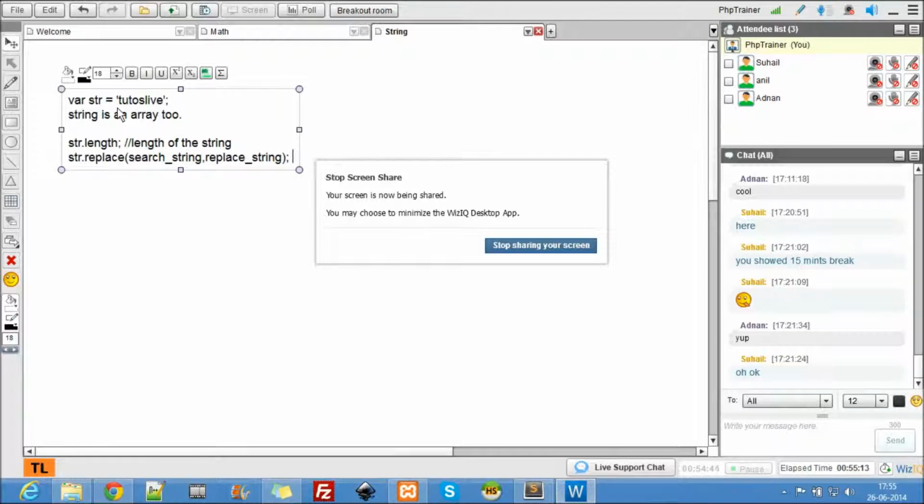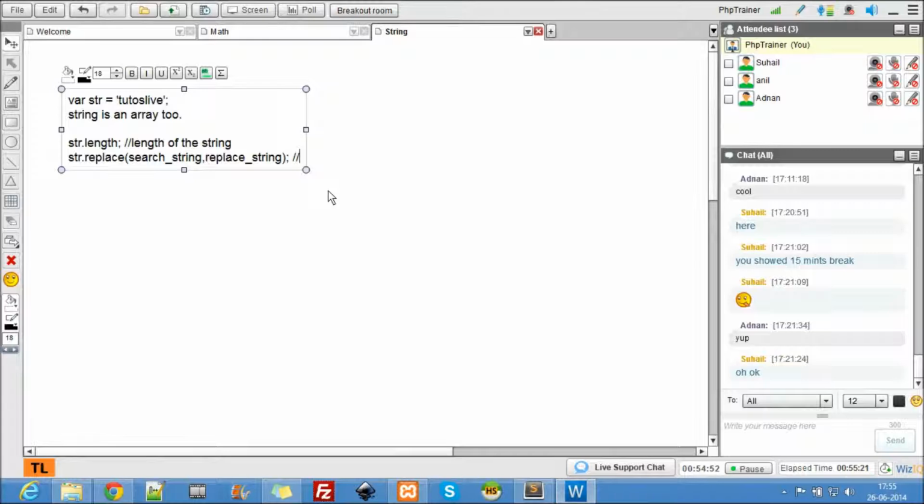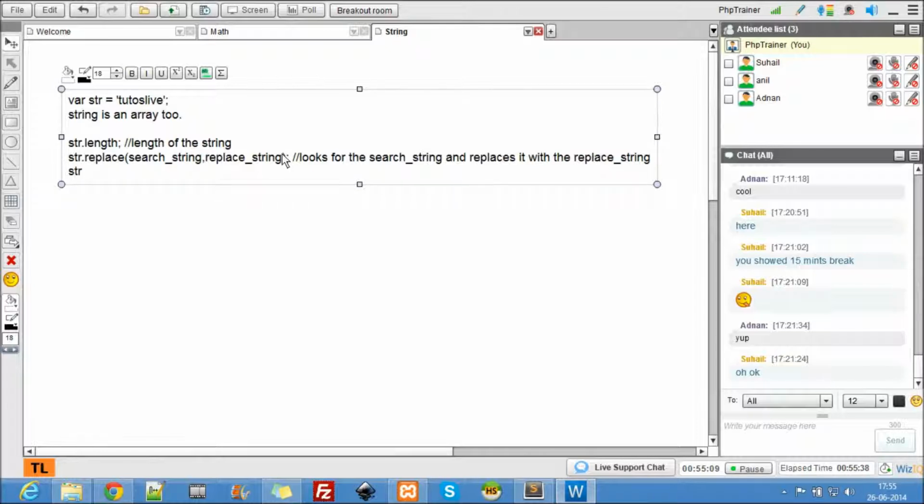What it does is look for the search string and replace it with the replace string. Then str.substr, with index comma length.